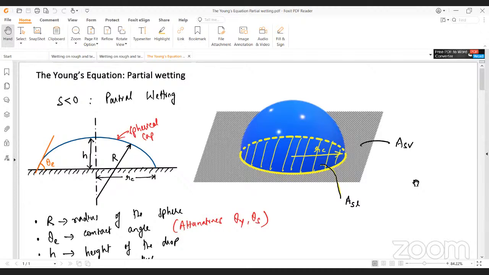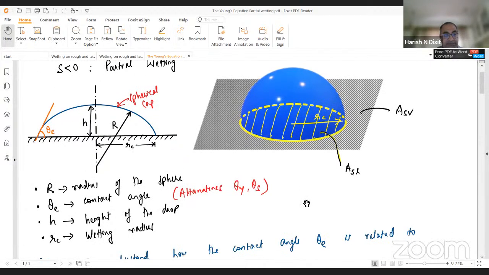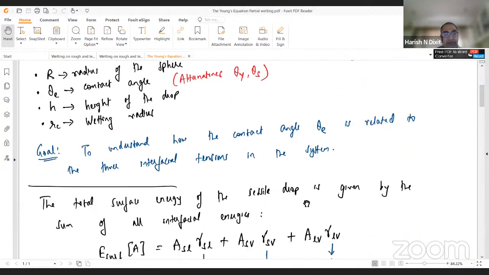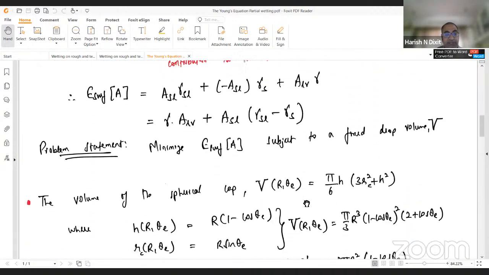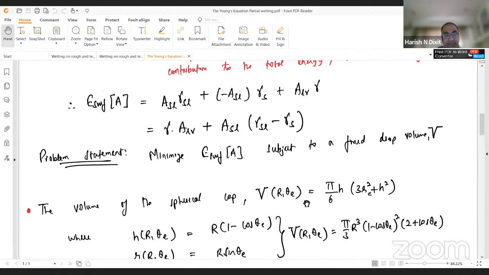Yeah. So this is partial wetting. Again, you see, this is first. I've done this first for a spherical cap, and then I have extended this to an arbitrary surface, where I don't necessarily have to assume that it is part of a sphere. So we can introduce gravity and so on. Again, the same ideas come in.